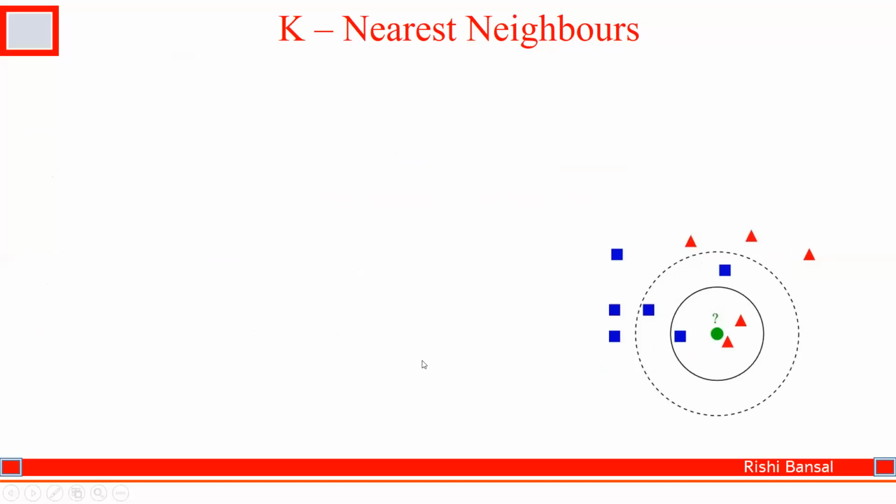So today we'll see k nearest neighbors and naive Bayes, two algorithms in classification. So k nearest neighbor. First of all, we know that in supervised machine learning algorithms, the data set is labeled. Labeled data means we have independent variables and a dependent variable, and we get the value of the dependent variable as well.